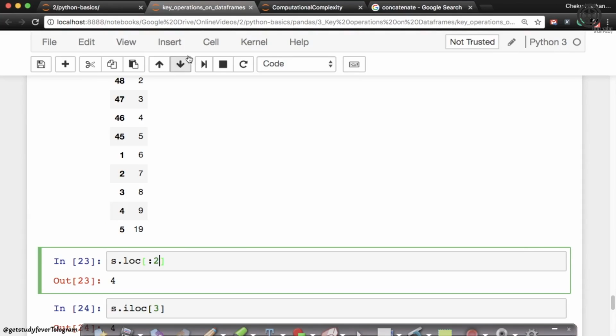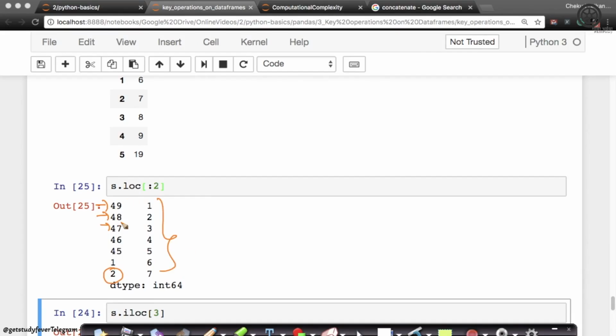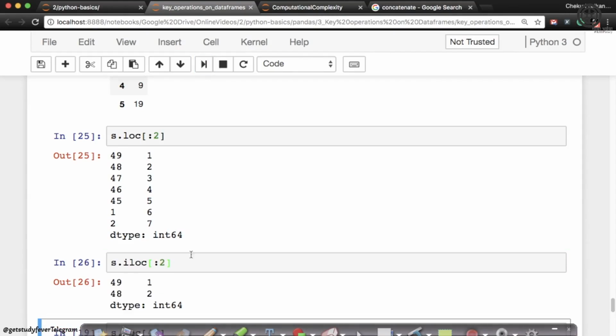When I execute this, I get all the values. It goes line by line till the time it finds index 2 and gets all of these values. Same thing if I do s.iloc 2, what happens? Because iloc uses row numbers, I literally get only the first two rows.